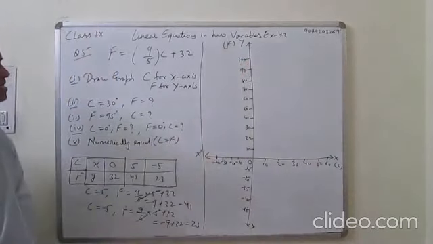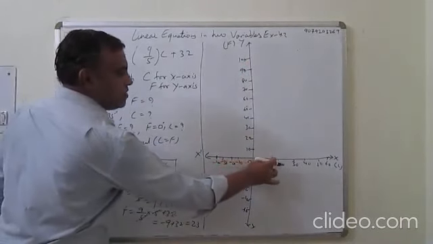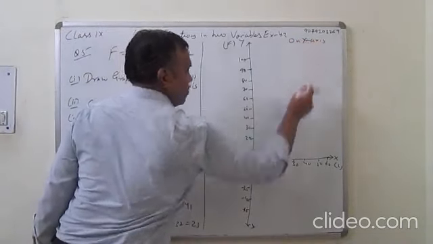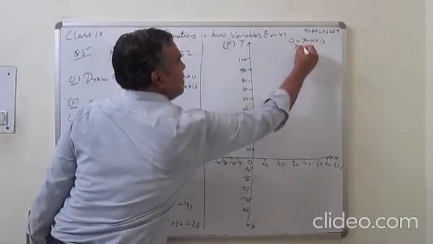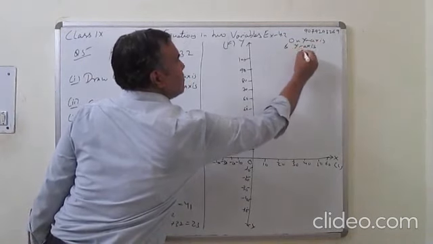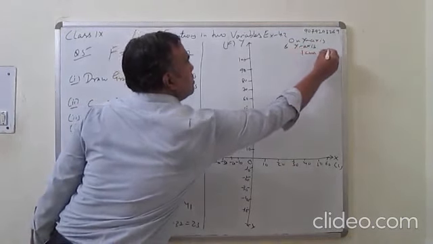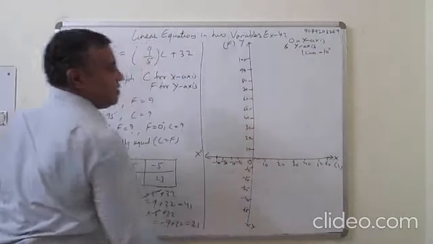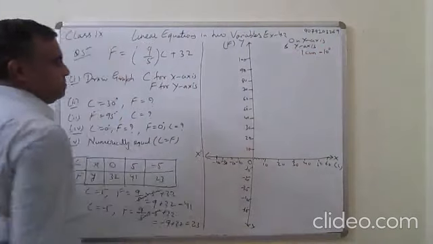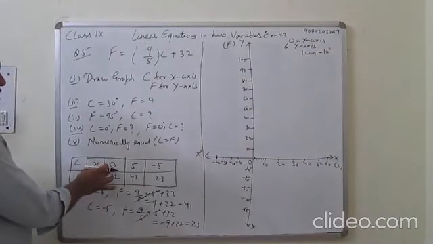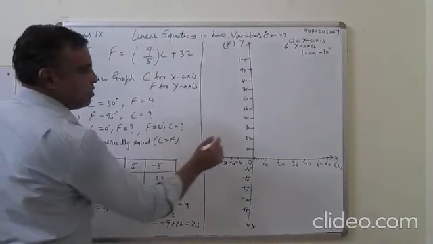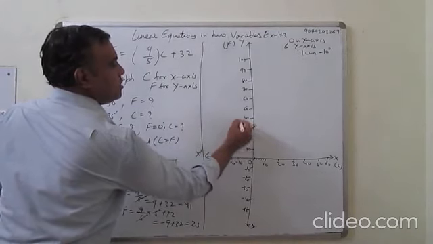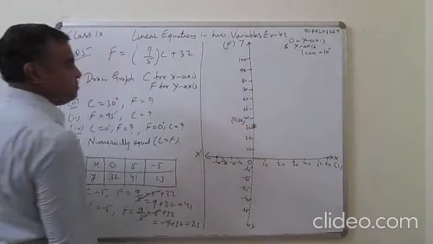Here I take a scale. You see here 1 centimeter is there. So I will take on x-axis and y-axis 1 centimeter is equal to 10 degree. In 1 centimeter there is 10 mm. So 1 mm is for 1 degree. Suppose x is 0 and y is 32. This is 30 and 2 lines means 32. This is 0, 32 degree.